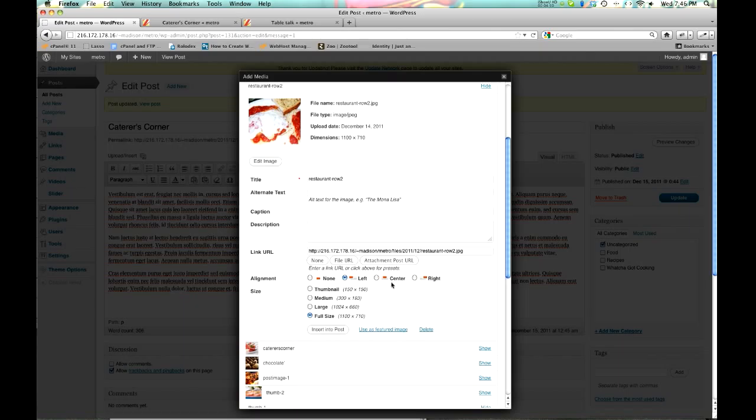Okay, now if we scroll down, we're going to see a couple different things. Before, we actually used Use as Featured Image. We're not doing that. We're actually inserting in the post. So that's what we want to click on. Before you do that,